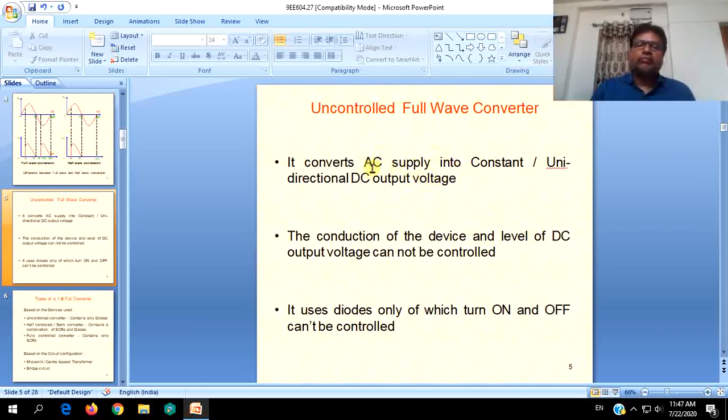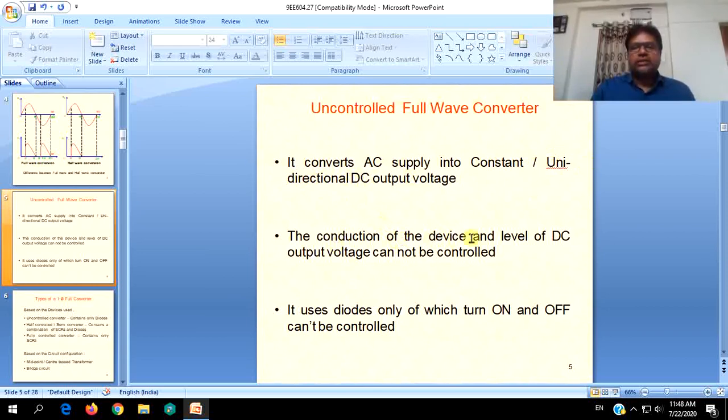But this AC can be any periodic and symmetric waveform which varies from positive to negative values. So this AC can also be a constant AC supply, that is, throughout the positive half cycle voltage may be constant, current may be constant, but it changes its values from positive to negative in the next half cycle. Again voltage and currents will be constant. Such sources may also be there. So that can also be converted by full wave conversion. Obviously the output voltage will be unidirectional.